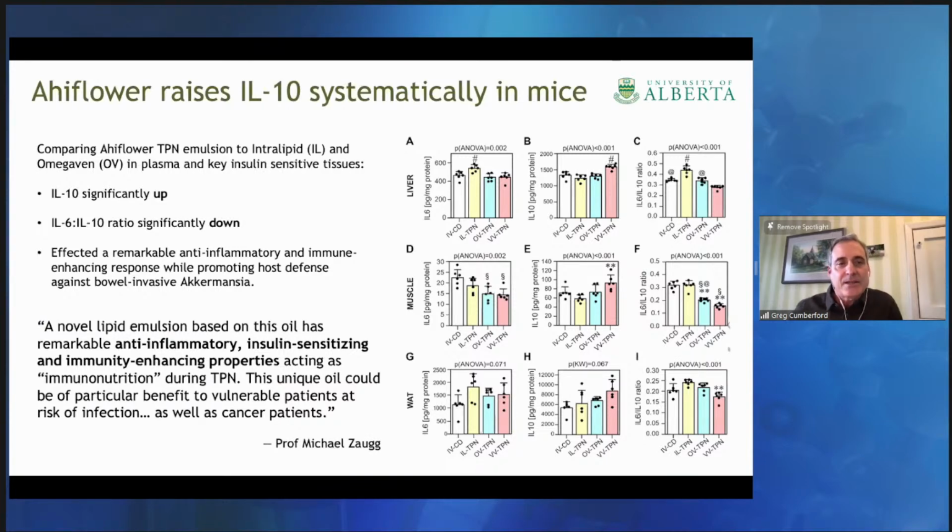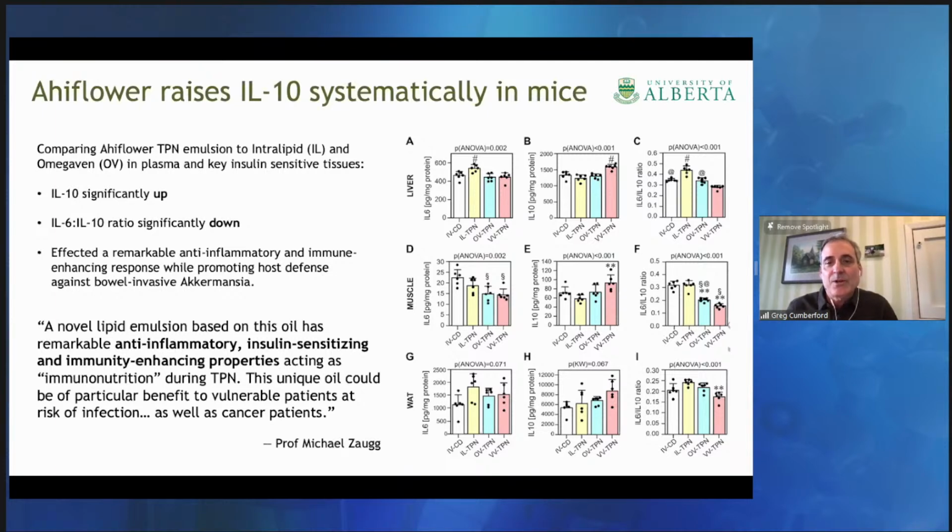And then the last ahi flour study that I wanted to draw attention to is, once again, a study in mice in TPN. So this is intravenous use of omega-3 fatty acids to support cellular function when the whole gastrointestinal tract is not available. And one of the notable findings from this study in mice, where they compared an ahi flour-based emulsion to